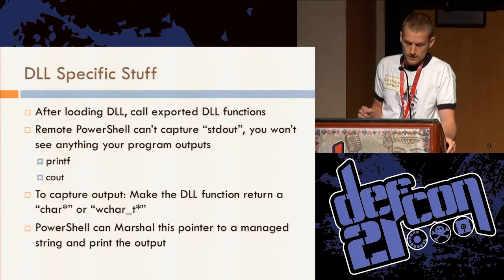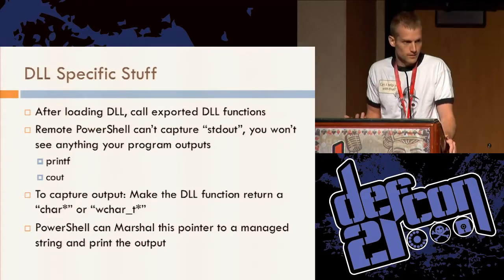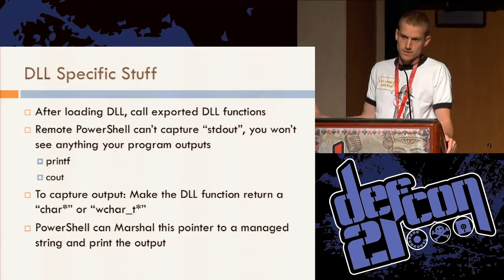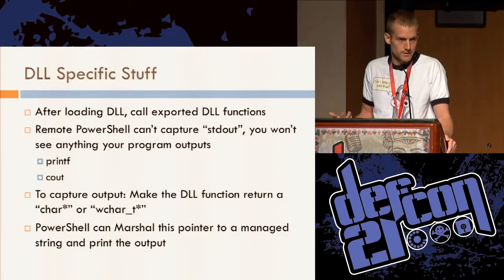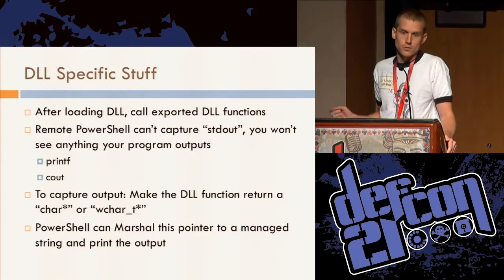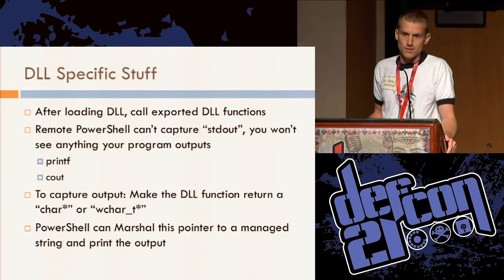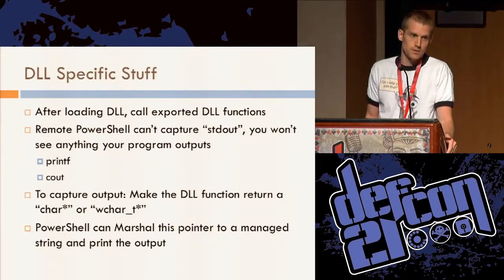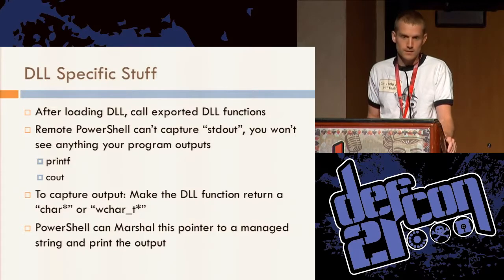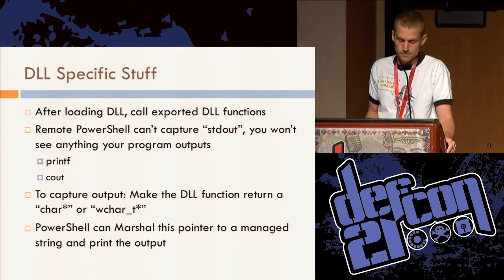And the significance of this is that if you run a script locally, it doesn't matter because the output is still just going to be sent through the console host window, so you're going to see the output. But if you're doing PowerShell remoting, the only way that you can see output is if PowerShell can capture that output and serialize it